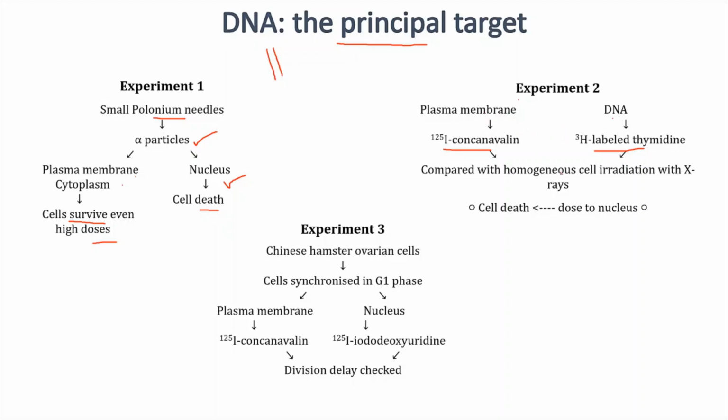These radiations were compared with the homogeneous cell irradiation with X-rays, and we see that the more the dose to the nucleus, the higher the chances that the cell will die. So this also proves that the nucleus is the main target during irradiation-induced cell death. Coming to experiment 3, where Chinese hamster ovarian cells were taken, and all the cells were